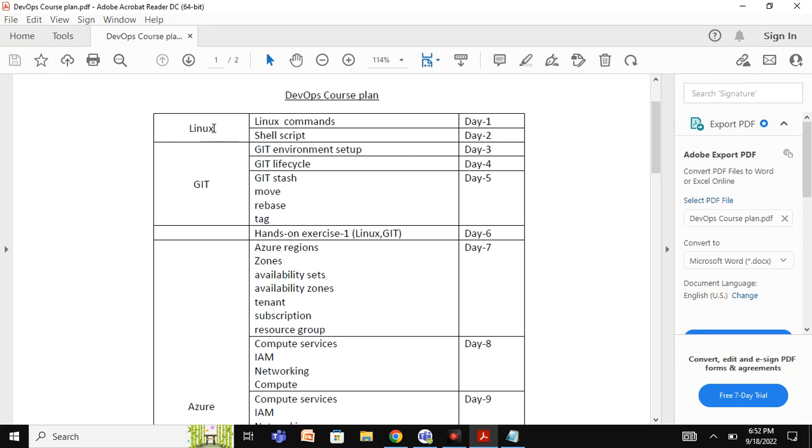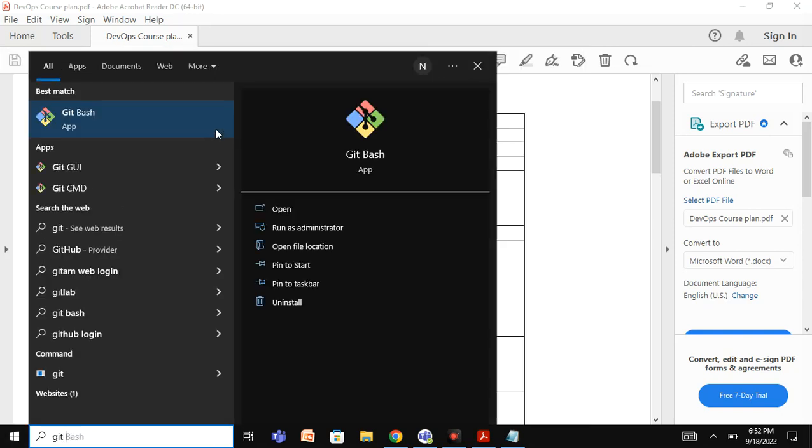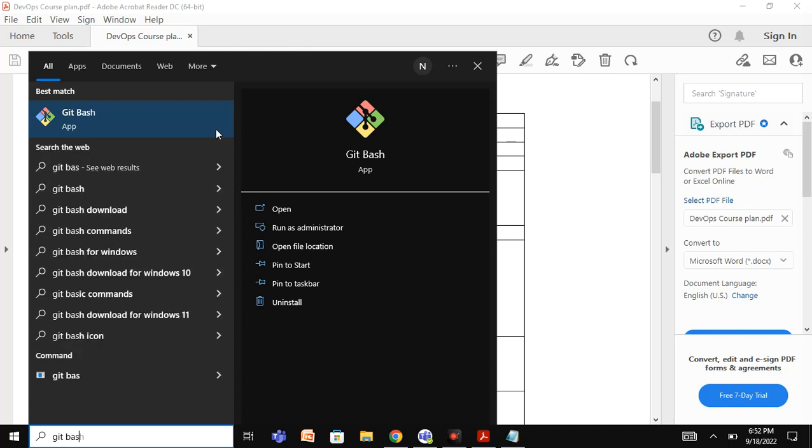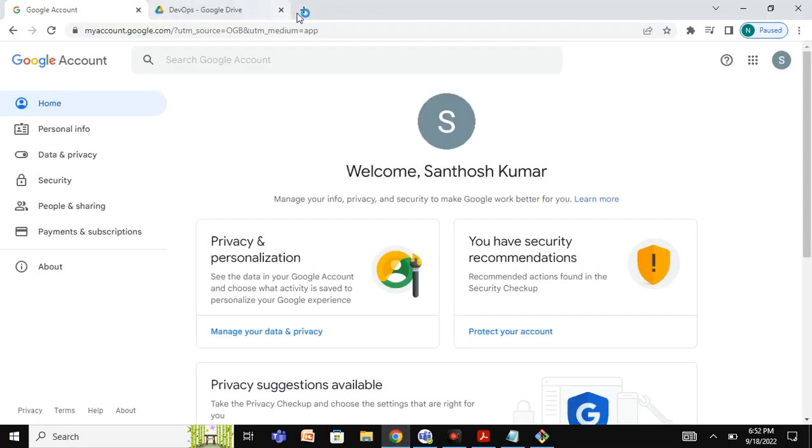In order to perform any Linux commands, there is a software called Git Bash, which is very helpful to the users on Windows. So the people who have installed it on Windows, you can open Git Bash from the start menu by typing Git Bash. As I already provided the link to it, you can download it from the